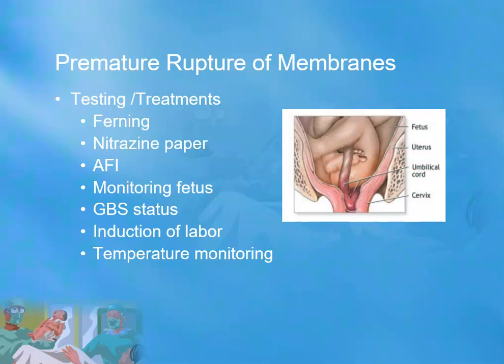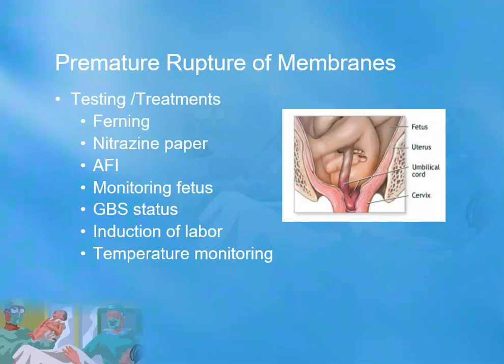So depending on how premature they are, if they don't make it to 36 weeks, we probably don't know that GBS status, because remember, that's a test that's done at 36 weeks gestation in the doctor's office. We may not know. So we may have to treat them prophylactically with antibiotics just in case, because with premature labor and premature delivery, there could be issues with infection. Induction of labor is to be considered depending on the lungs, if the baby's lung maturity is good. But I do know if they are truly ruptured, we usually want to get them delivered within 24 hours